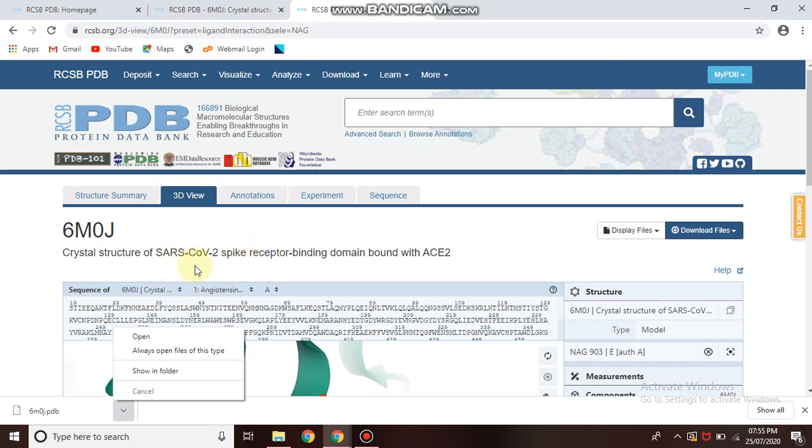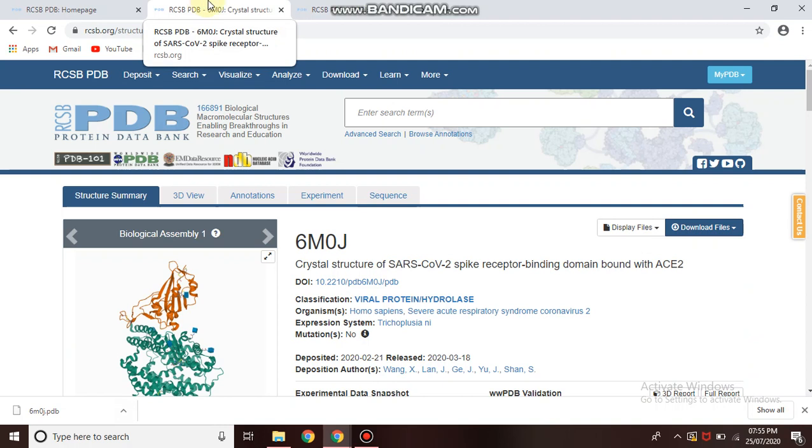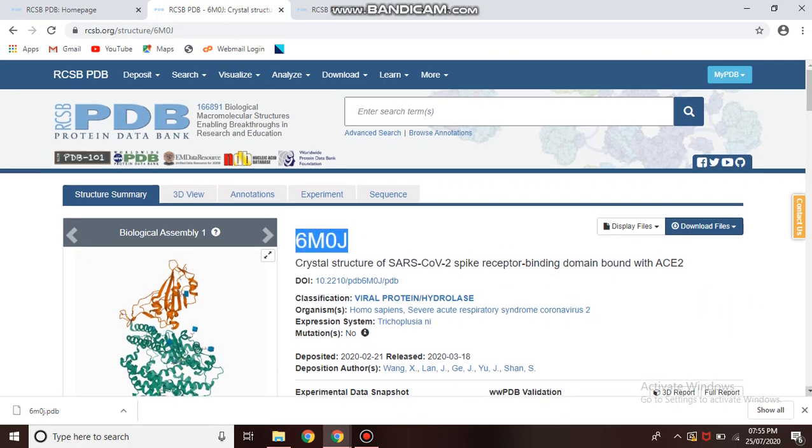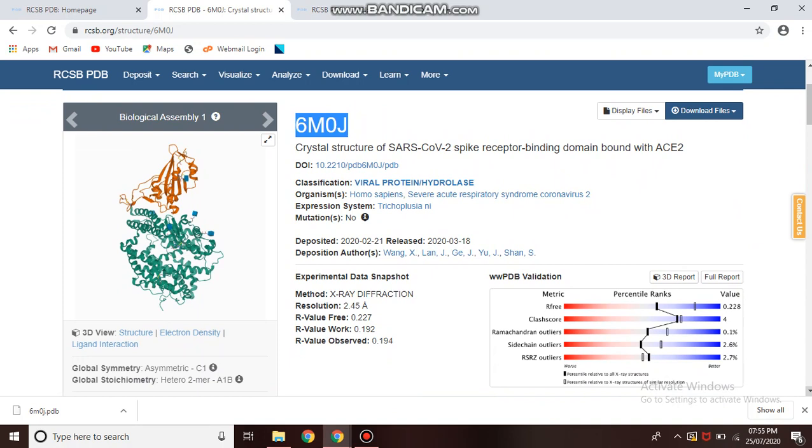So this is the overall view of the particular PDB database: how to download, how to search, how to get the particular PDB code, and what type of interactions are available. So this is the overall view of RCSB PDB, which is very important for further docking study work.